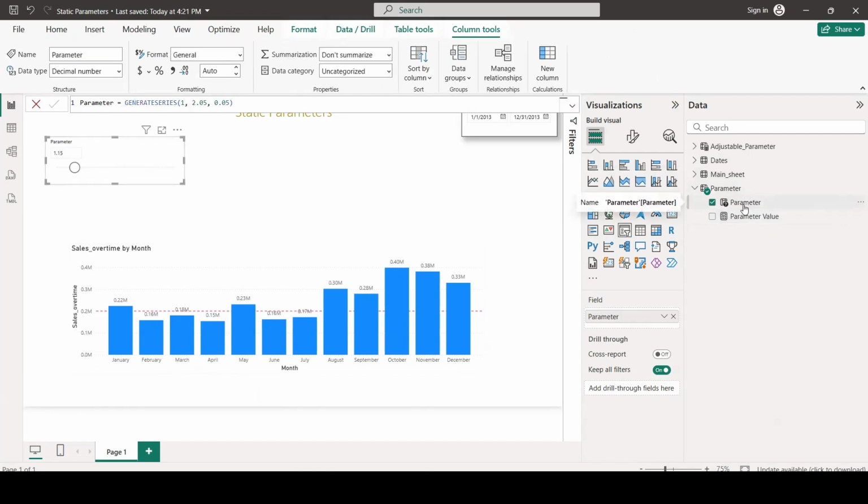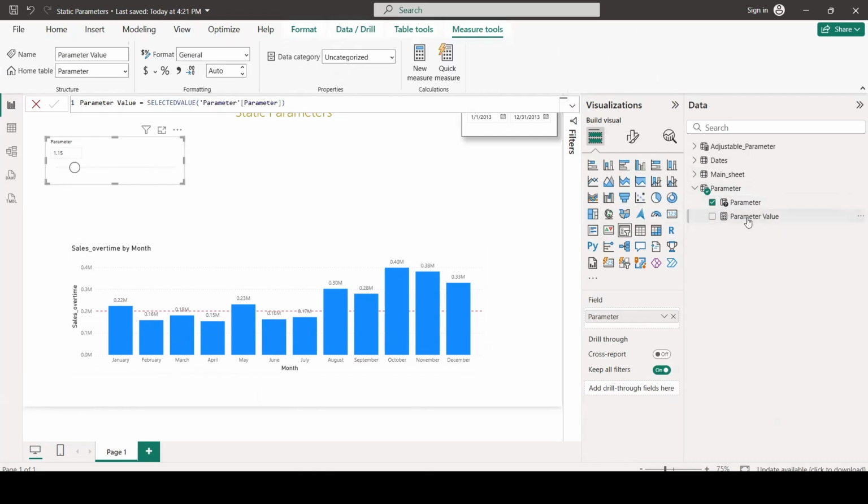We have the generated series list, and we have also the parameter value measure, which actually selects the value from the parameter from here. So this is the number which will be selected now in the parameter value.